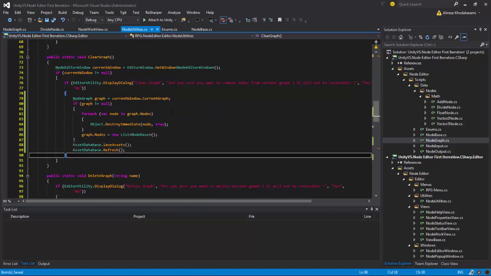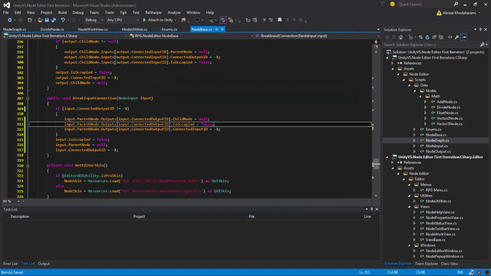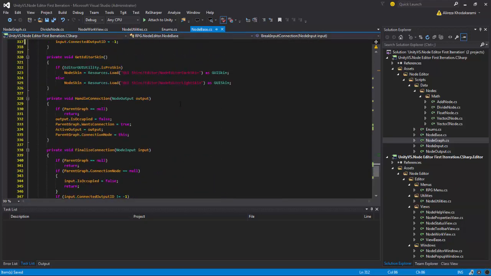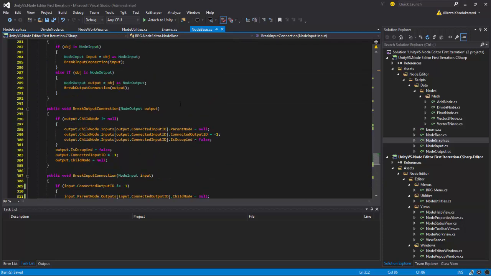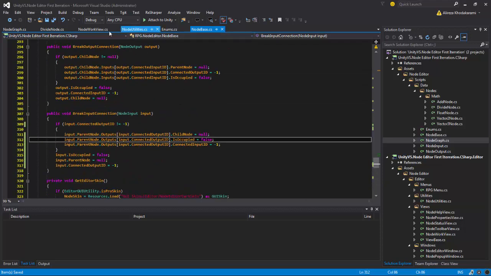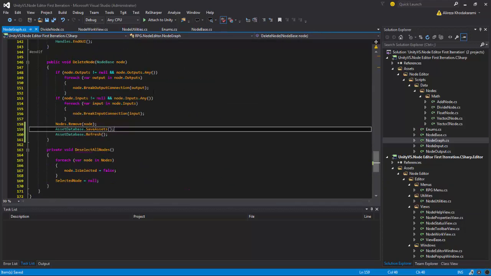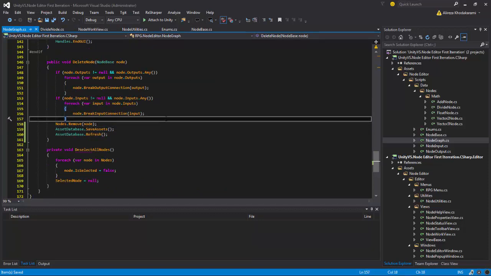Okay, and inside node base, when we are deleting this guy, where was it? No, in graph node graph. Okay, so before removing, we say